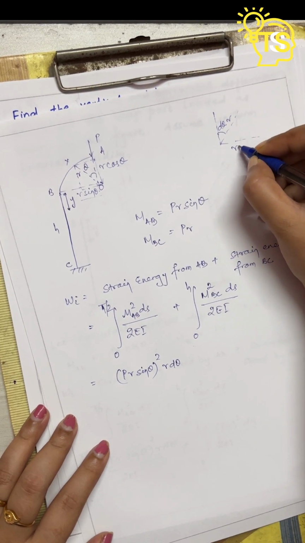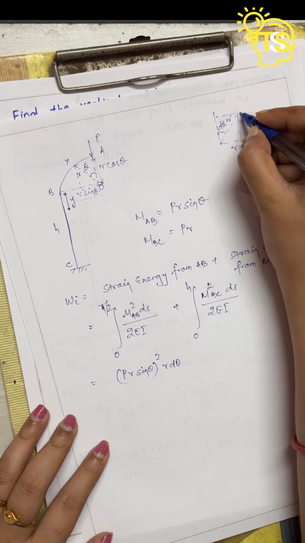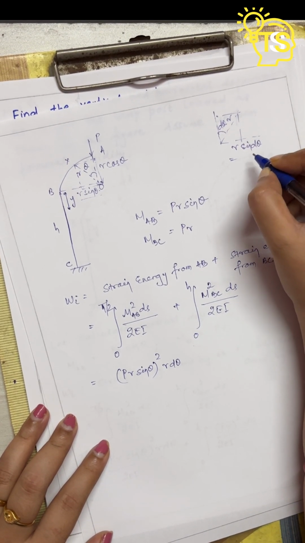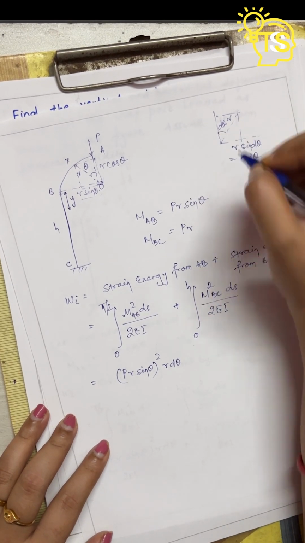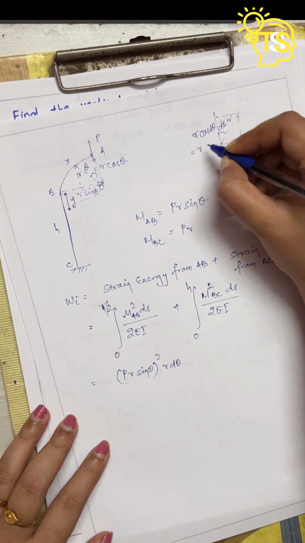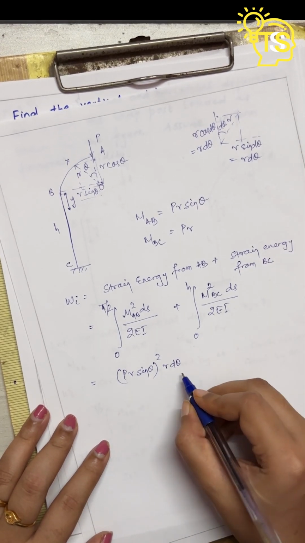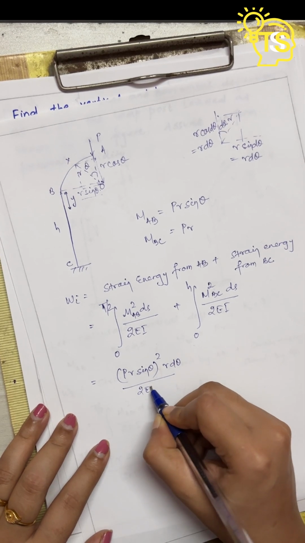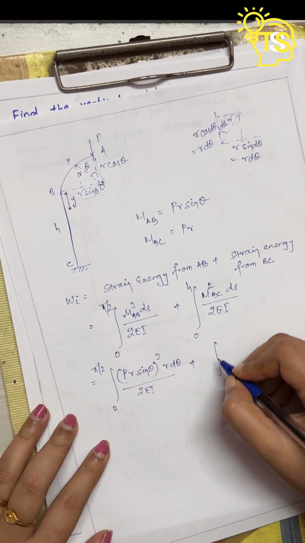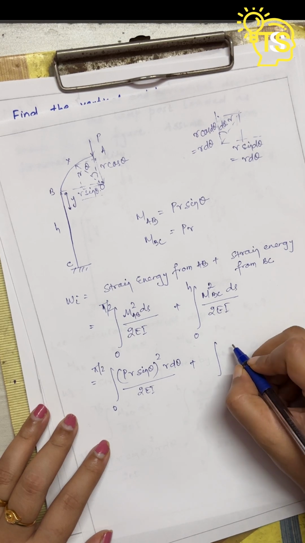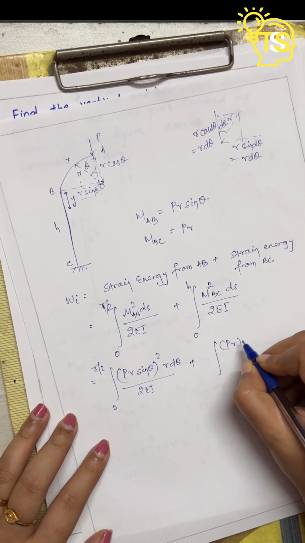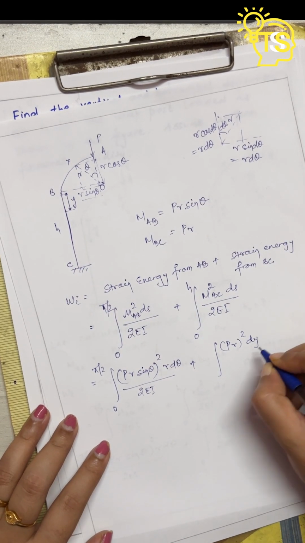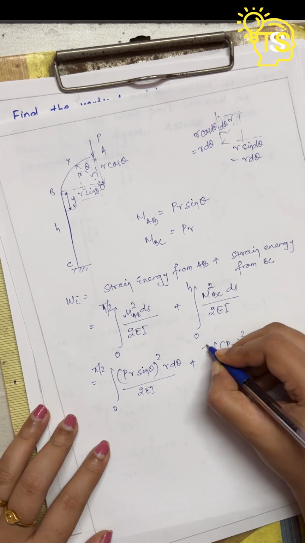So here the value will be r sin d theta. As the value of sin d theta is very small, we can write r d theta, and the value of cos d theta is also approximately one, so we can write r d theta. So here we have written in the place of ds, r d theta upon 2EI, and we will now write the value of moment at BC, that is PR whole square, and here the distance will be, in the place of ds we will write dy upon 2EI from 0 to h.